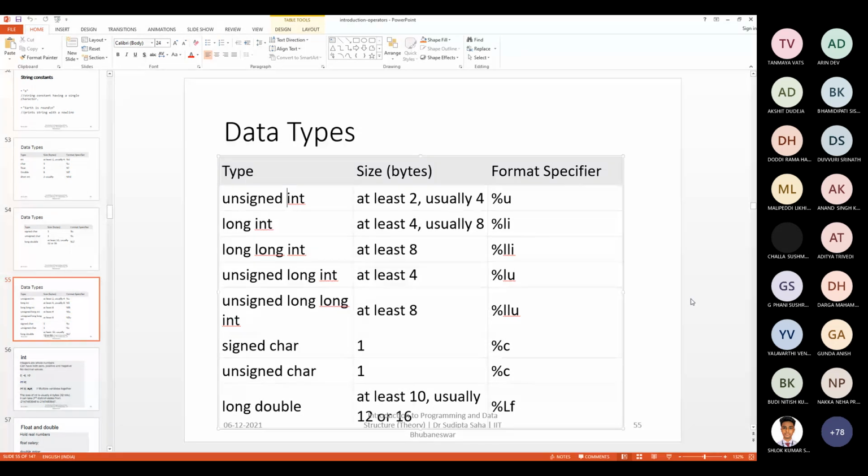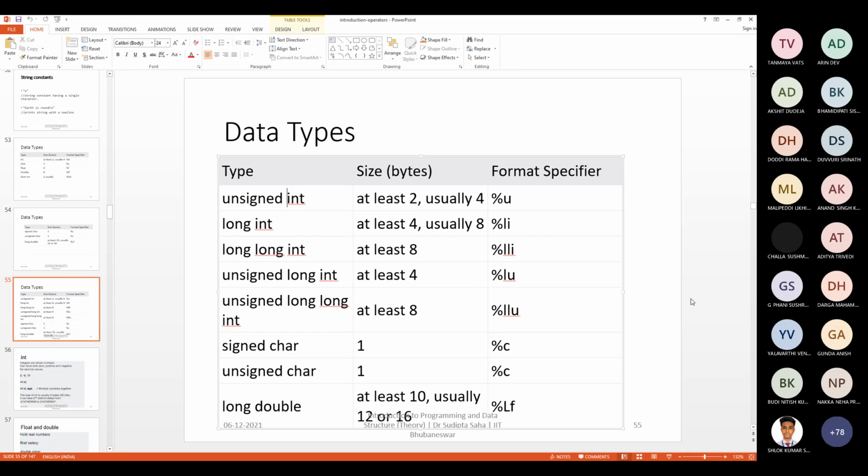Heights cannot be negative. So based on the natural physical properties of the variables that you are going to use, ultimately every variable is going to represent some physical quantity, right? Based on the properties of the physical quantity, we can make sure that this variable does not need the sign part. It will always be positive. If it should be positive only, then there is no need to represent the positive or negative issue inside the computer, because in a computer whatever you represent will take some amount of space.